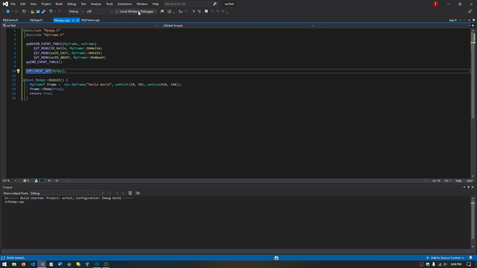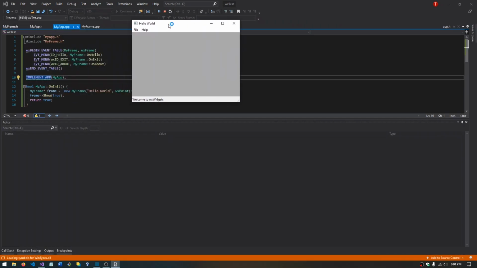Okay, now that I have a simple hello world program with wxWidgets, you can see it's a simple hello, about,